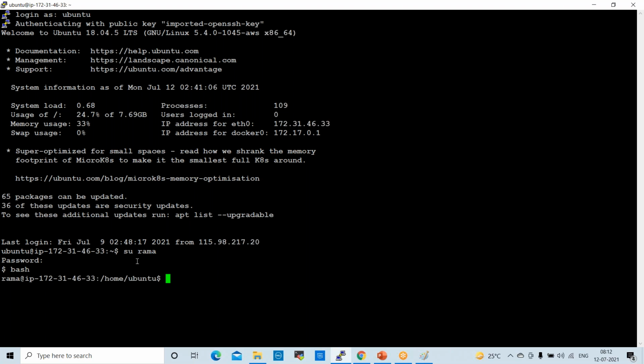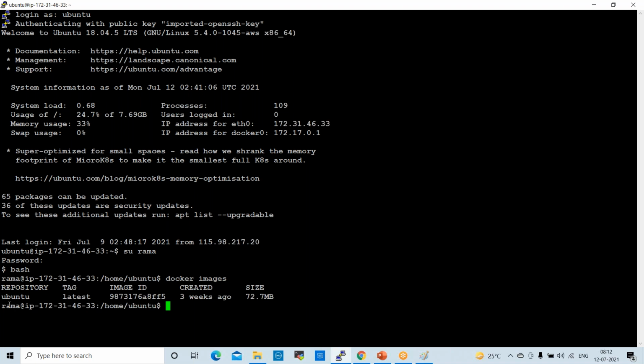Now I want to run a container. Before that, we downloaded one image, the Ubuntu image. If you check docker images, we have the Ubuntu image, which we downloaded from Docker Hub. Image size is 72.7 MB.